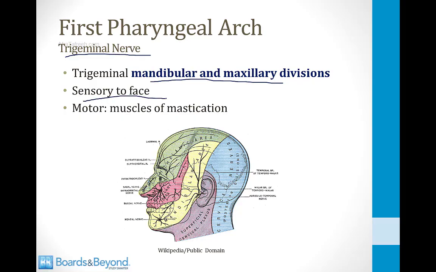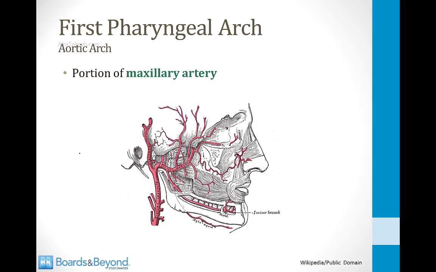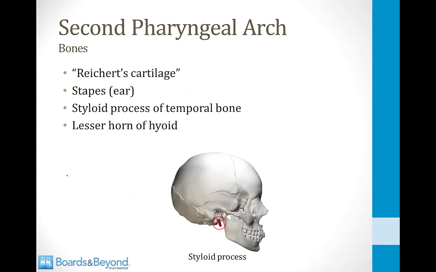In addition, as you may know, the trigeminal nerve supplies motor innervation to the muscles of mastication, and that also should make sense to you since we just talked about how the muscles of mastication derive from the first pharyngeal arch. And then finally, each pharyngeal arch has a vascular component, sometimes called an aortic arch, that gives rise to a blood vessel, and the blood vessel that derives from the first pharyngeal arch is a portion of the maxillary artery. Moving on, let's talk about the second pharyngeal arch, and once again we'll begin with the bones that come